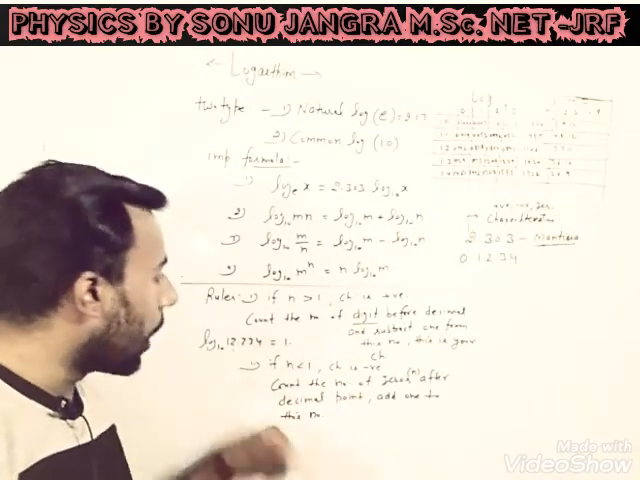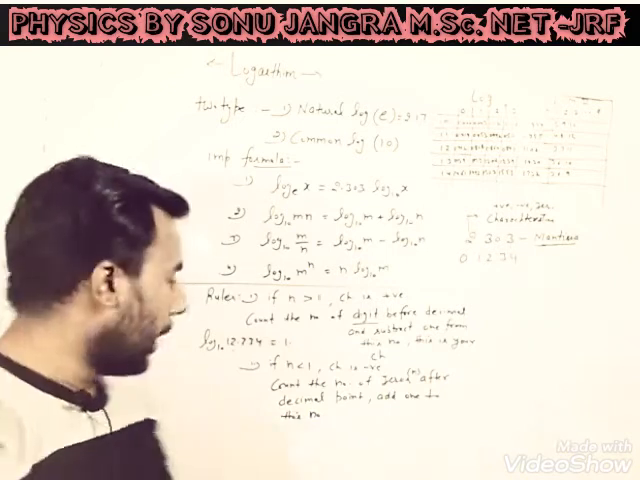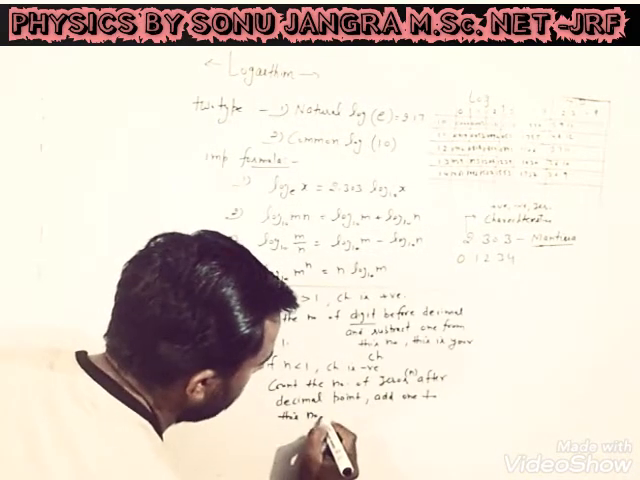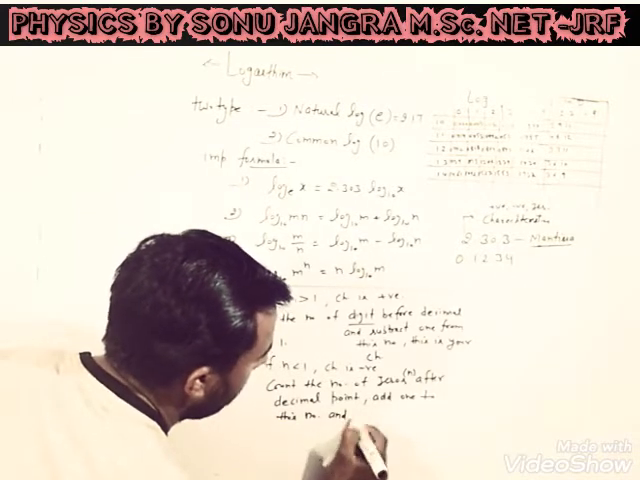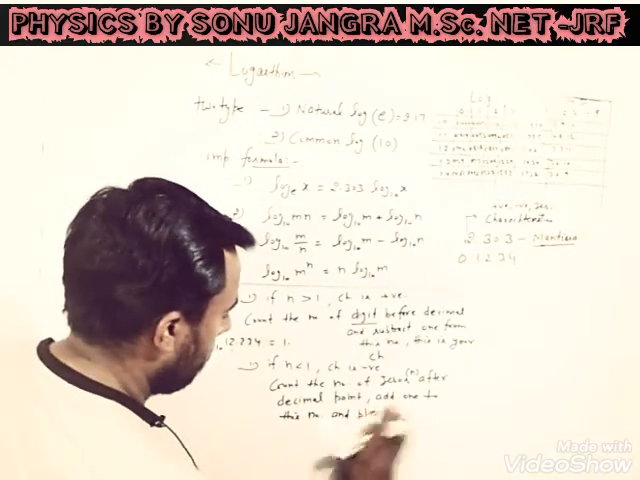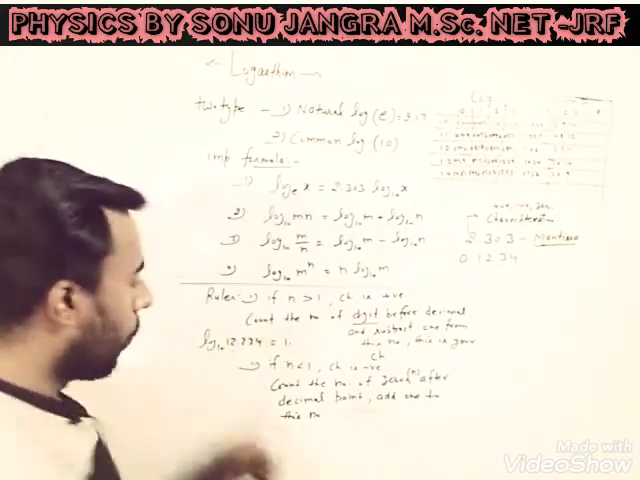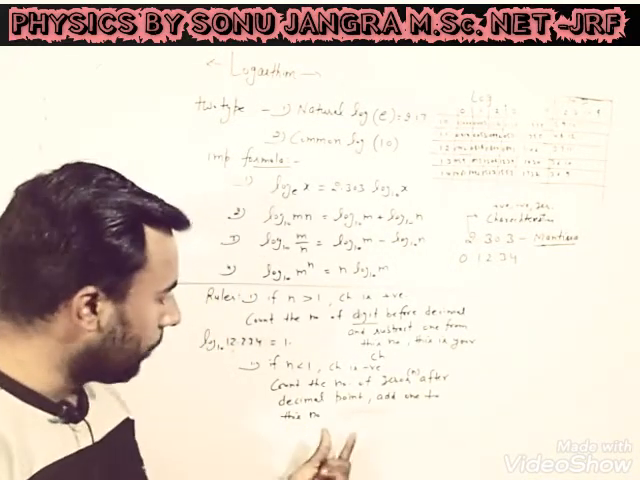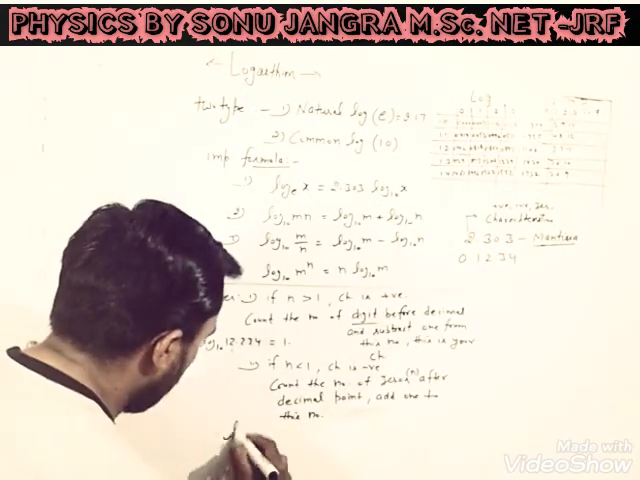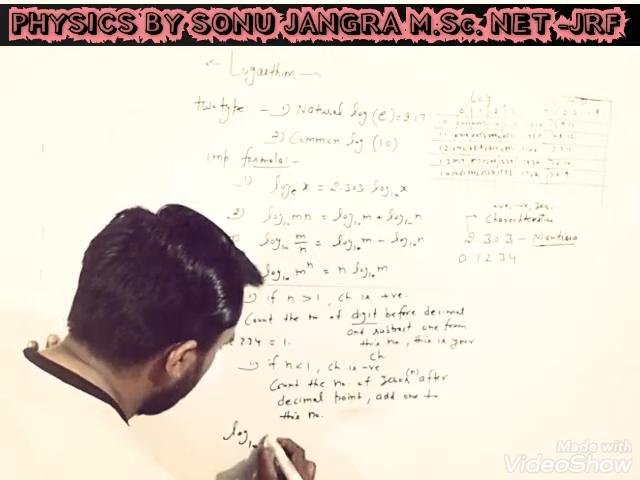In this case, count the number of zeros after the decimal point and add 1 to this number. So I can take an example, log of